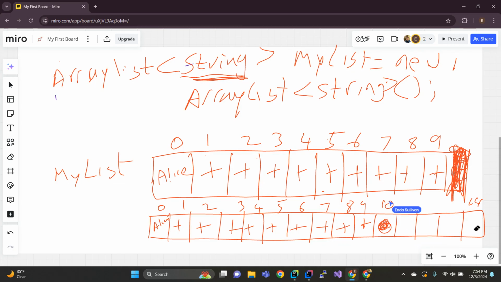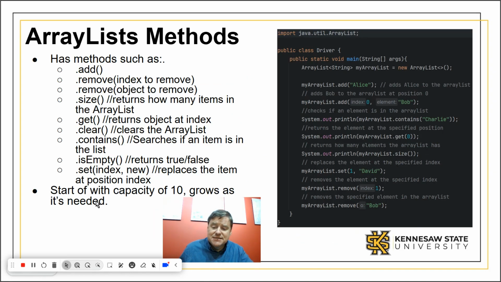Everything will be magical and fine until I do another add when 14 is full. At that point, it will increase the size again by time and a half. So currently there's 15 cells, so it's now going to be 22 cells. And it'll continue doing that each time you exceed the boundary. So that's what it means when it says that they start off with a capacity of 10 and it grows